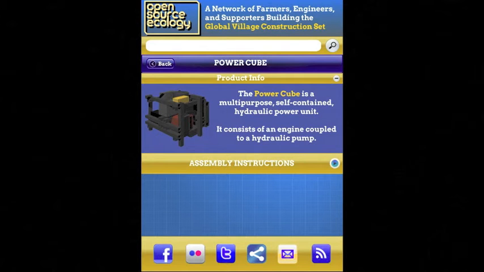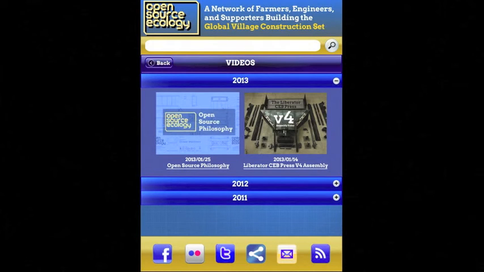Now, we have the video link. When clicked, this will bring you to the video page. Within this video page, I have organized the videos by year. They are all also on the drop-down lists. This enables the user to find a video they might have seen prior and know where to find it within the year. It seemed the best way to organize it.